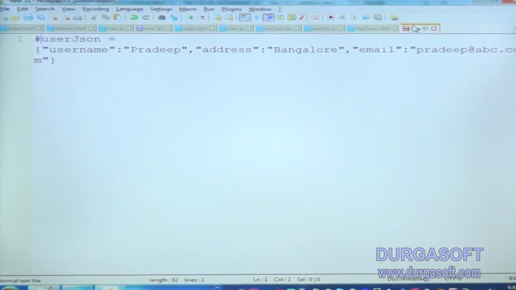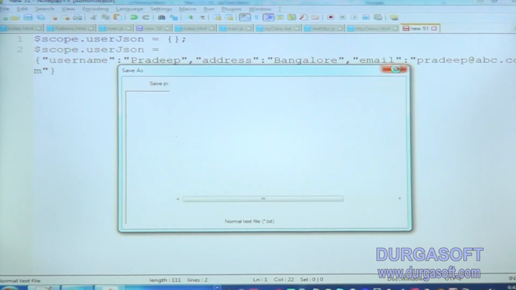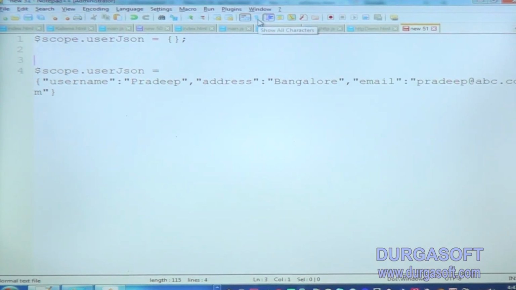So scope.userJSON is like this now. Previously, initially, it was scope.userJSON equal to empty. Now once I click submit, the JSON object is prepared like that and assigned to userJSON.